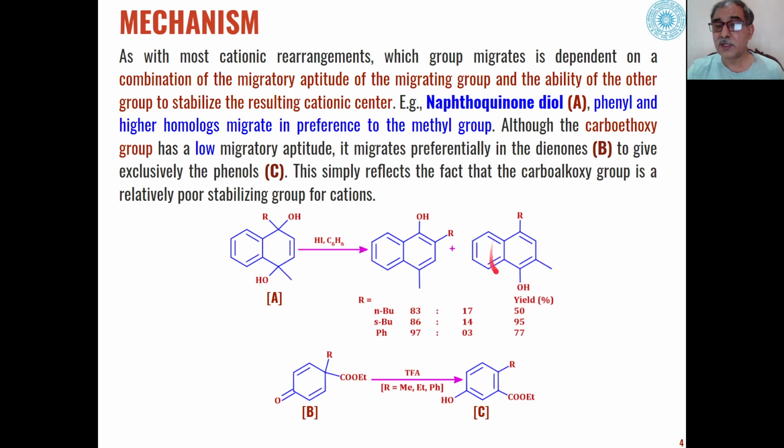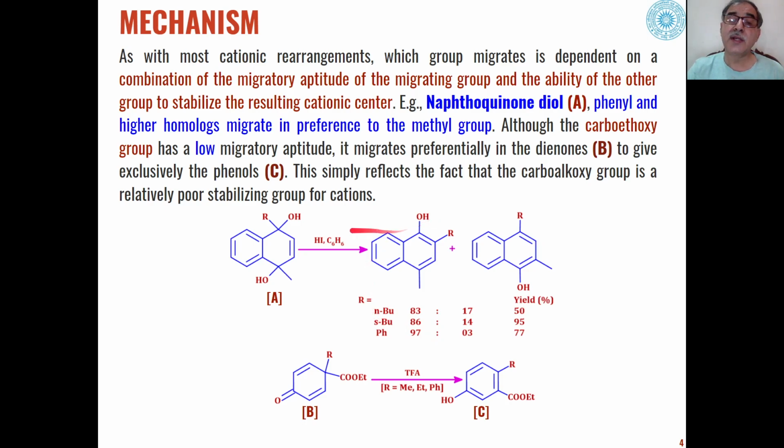Whereas this product is formed as the minor product, where in place of R this methyl group migrates, so OH from here is eliminated and H from here is eliminated. So again, the overall reaction is dienone phenol rearrangement with the removal of water. So either this group can migrate or this group can migrate. So depending upon this R, the migration of different groups will take place to a more or lesser extent.